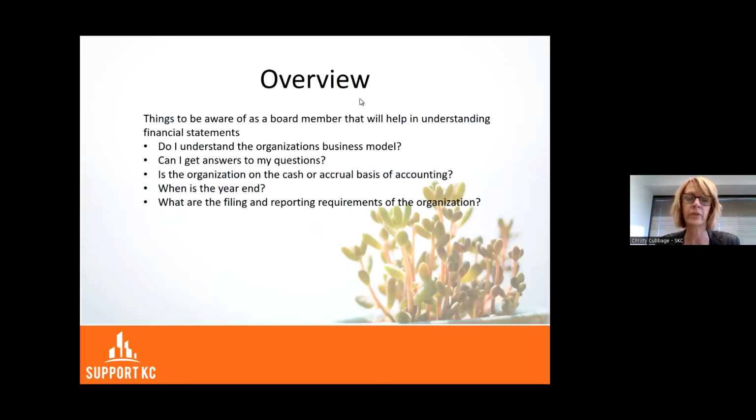So what we do at Support Kansas City is when we have a new board member come on, we'll either do it one-on-one or we'll do it in a group. I will walk through our financial statements. So that's probably the first real experience that they have with looking at the financials. I'll answer any of their questions, but that just gives them an introduction to the financial statements and how Support Kansas City operates,